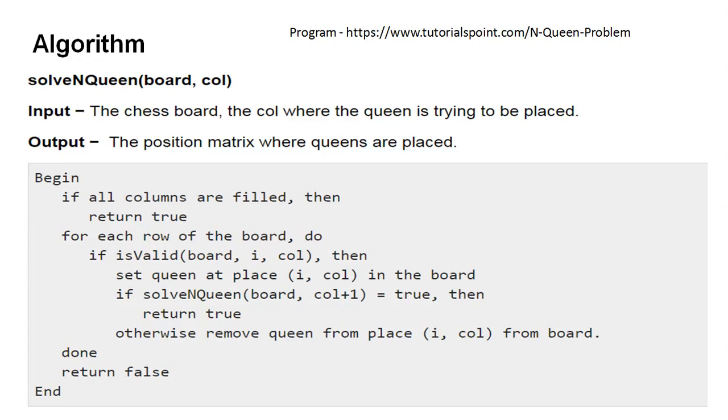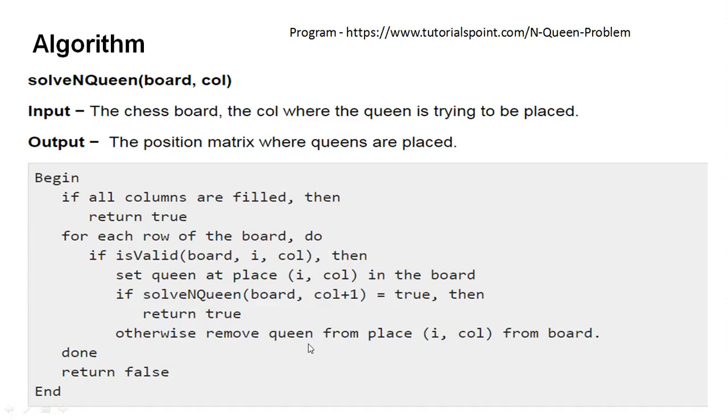And if it is not a valid place, then I you incremented for all the rows, right? And you reach the end of all the rows for the particular column, because this column is not incrementing, this I is incrementing. Then what we have to do, we have to increment column by 1, right? So board comma column plus 1. So column we have incremented, and again the solve n queen function call, again we'll check for all the rows, right? And if we found the solution, then return a true.